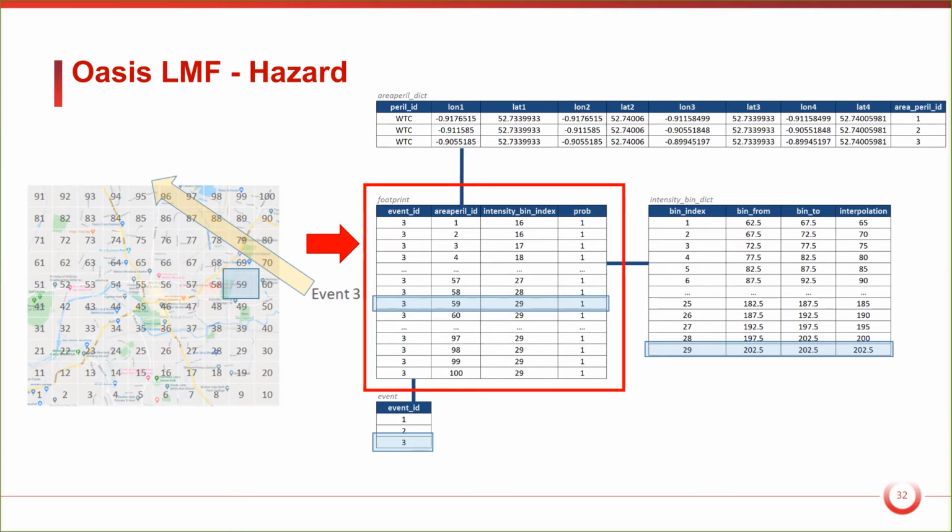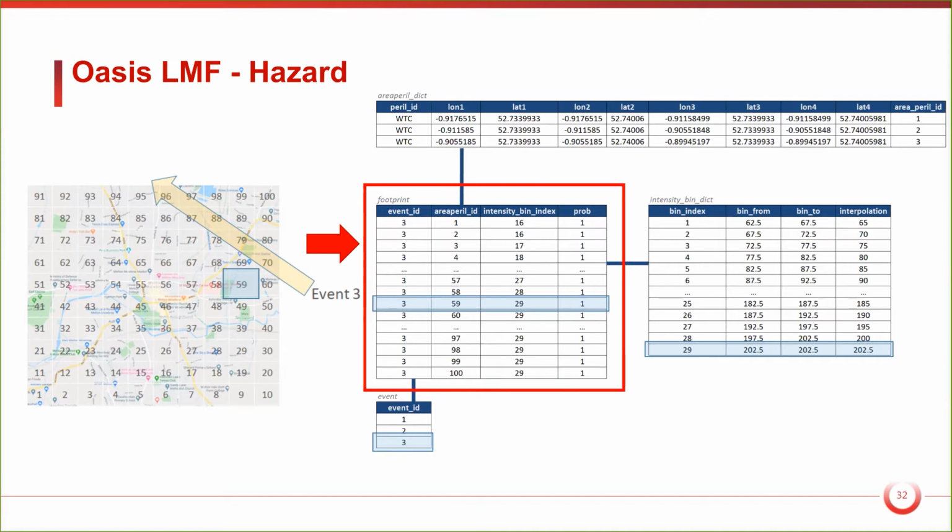Some of the production models are tending towards a terabyte in size, even when stored as a binary format, which is quite efficient. So they can get quite big, but inside the Oasis calculation kernel, we have some quite clever ways of indexing that file and getting out the data that's required in an efficient